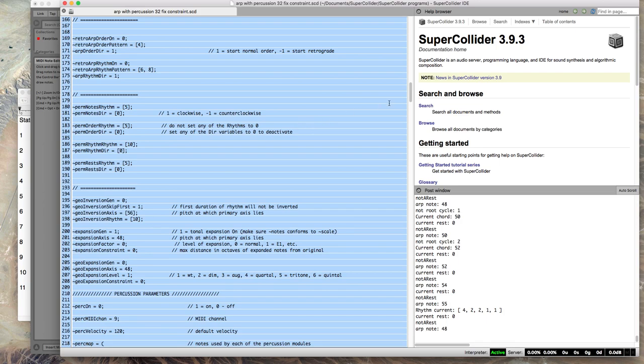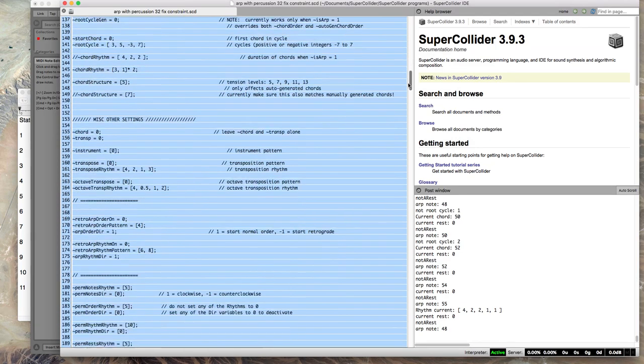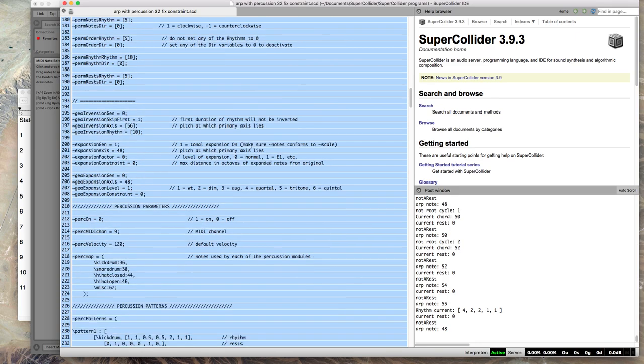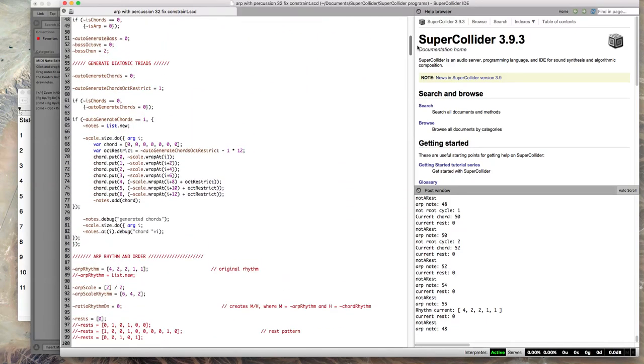So as you can see, it's just playing through my sequence. Nothing has changed. Now let's expand it by 1. So we were just dealing with, it was just stepping up in seconds, right? So our melody is just